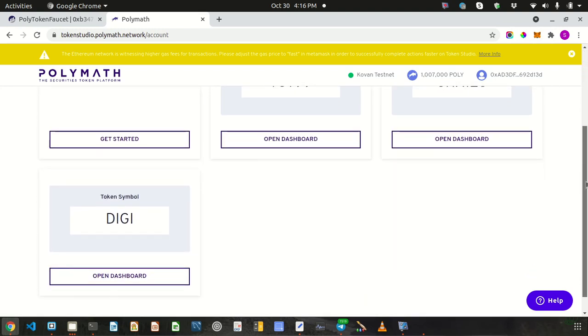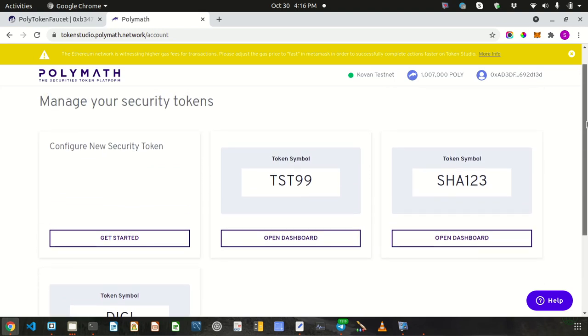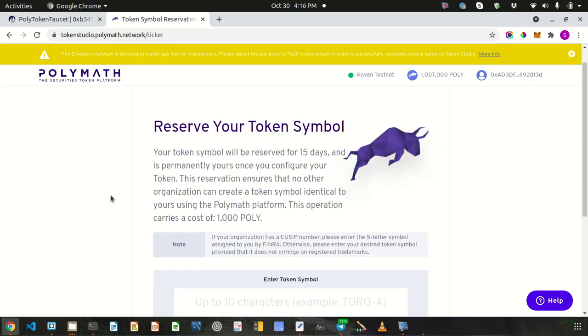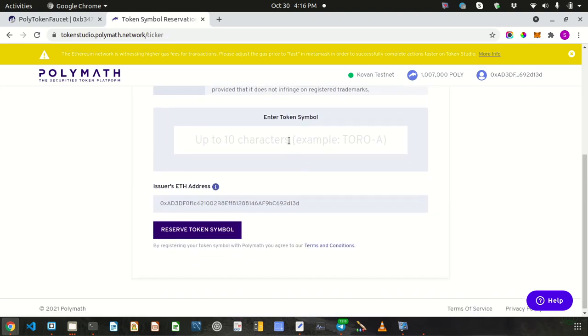All right, you can see that I have already registered a few test tokens into the platform, but we are going to create a new security token. For that purpose, there is a link over here. Click on Get Started, and the first step is that you have to register a token symbol into the